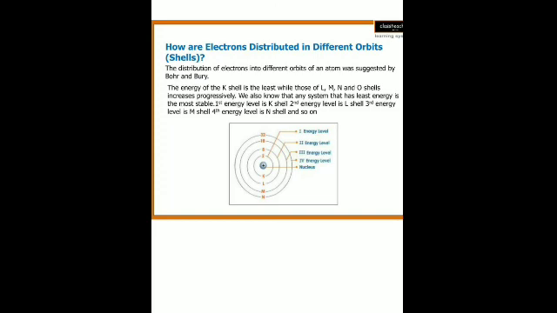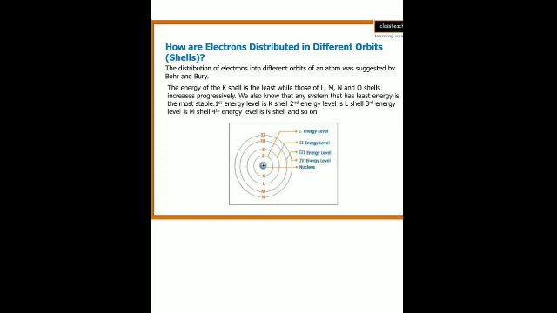So the energy of the electrons will be in increasing order from shell number 1 to shell number 4. Is it clear? And the maximum number of electrons that can be accommodated in a particular shell, as I have told you, is denoted by the formula 2n square. How do we calculate this? You can see in this figure how many maximum electrons a particular shell can accommodate.